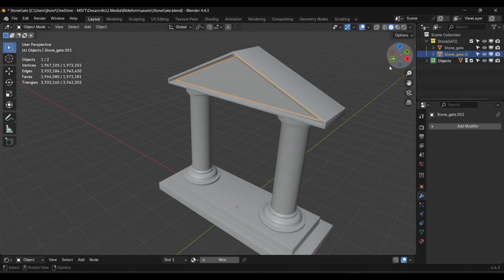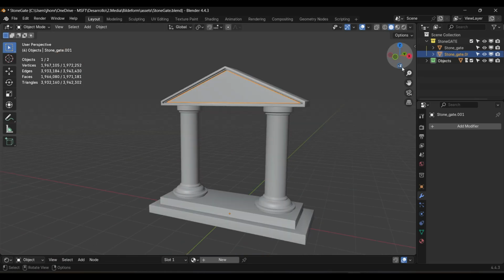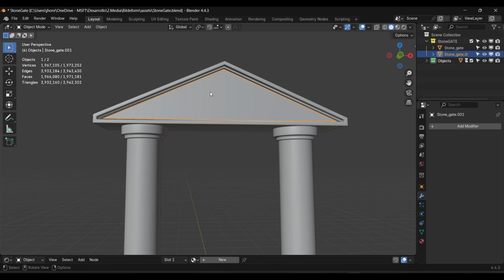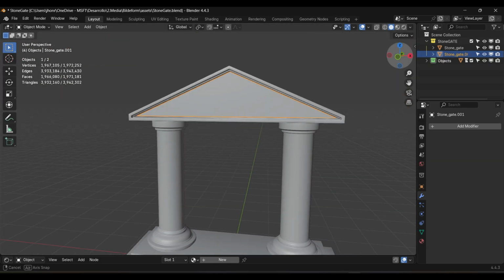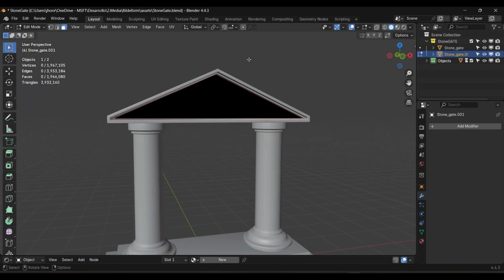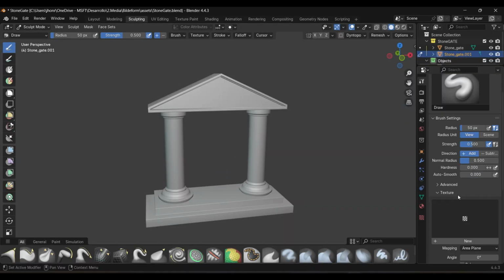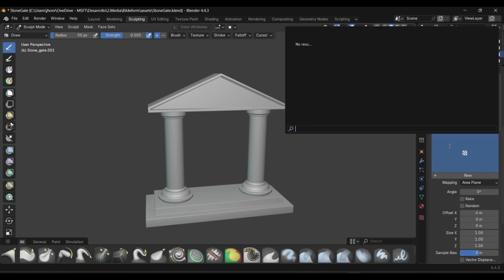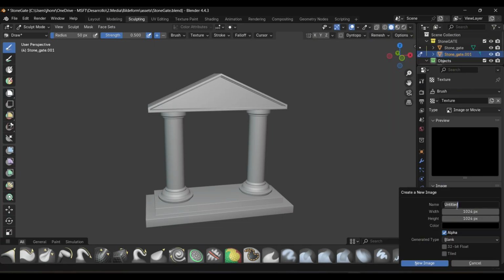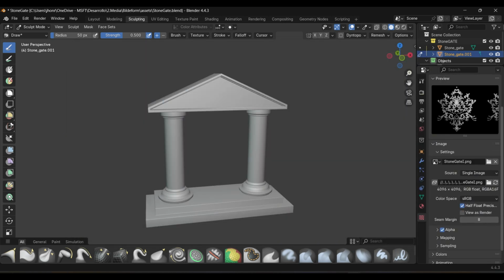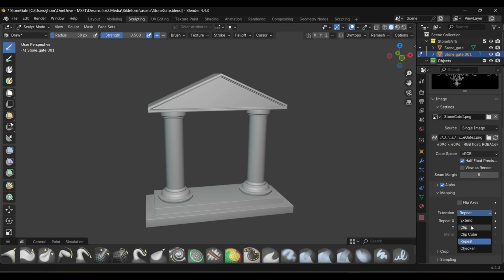Okay, with both of our height maps saved as PNG files, I can now return to our main stone gate scene. I'll hide the bust and its relief, and unhide the gate. I'm selecting the high-resolution pediment and switching over to sculpt mode. This is where we will use the alpha brushes we just created. In the brush settings on the right, I'll go to the texture panel and create a new texture. I'll then click Open and load the first image we exported,